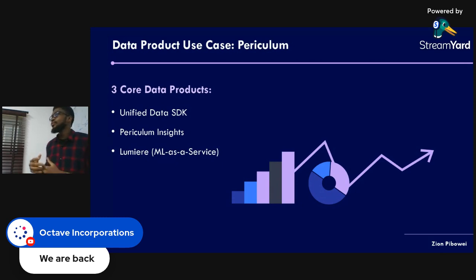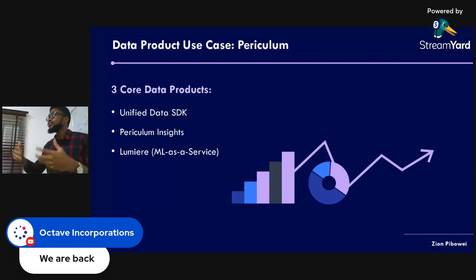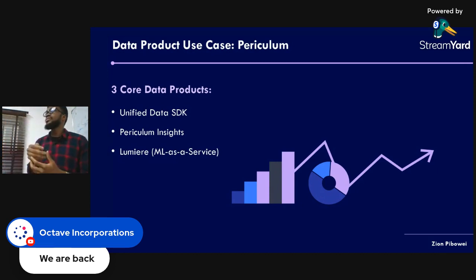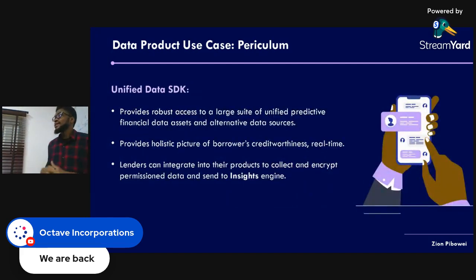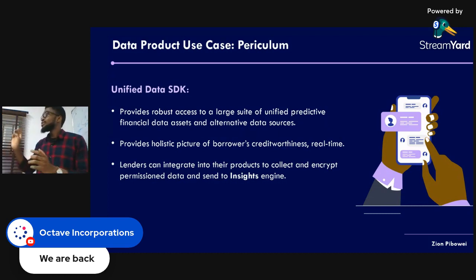So let's say, for example, you are a fintech organization, and you want to improve your non-performing loans, which means you want people to pay back. So you want to target the right customers and know exactly which persons are really going to pay back on those loans. All right. So when you come to our platform and we give you the Unified Data SDK, right, what it does is it gives you very broad access to literally every financial data of the user, as long as the user gives permission for the app to take that information, right?